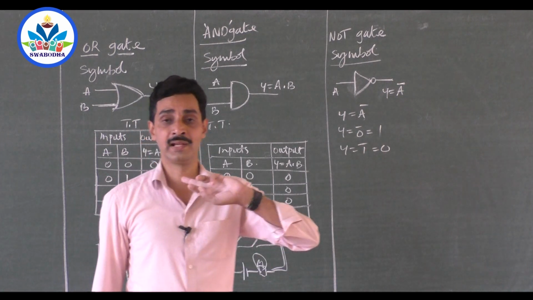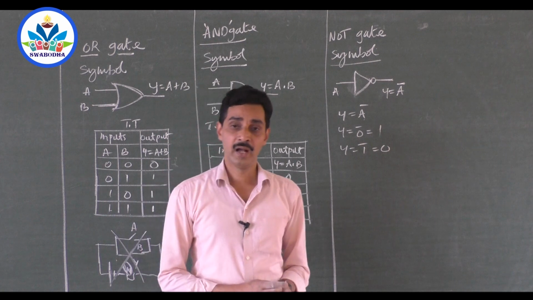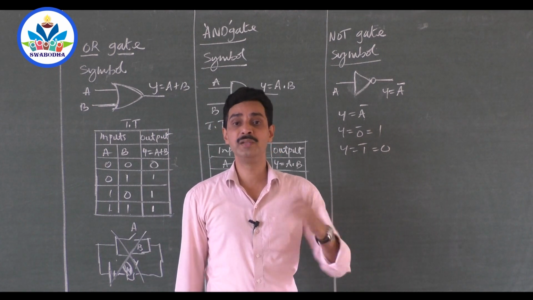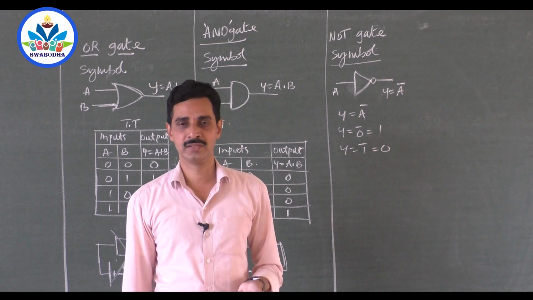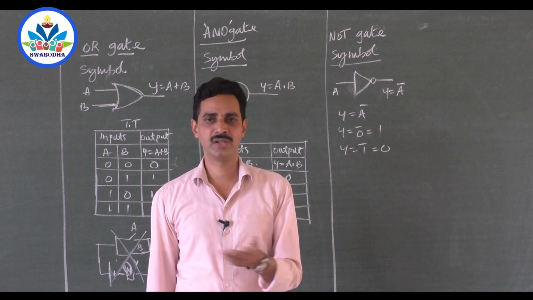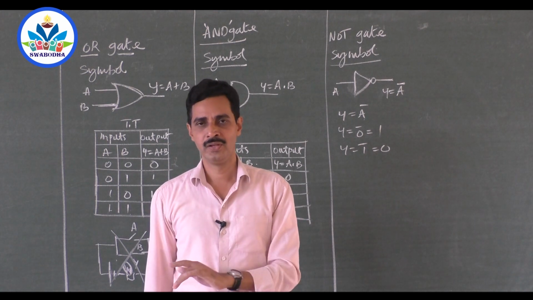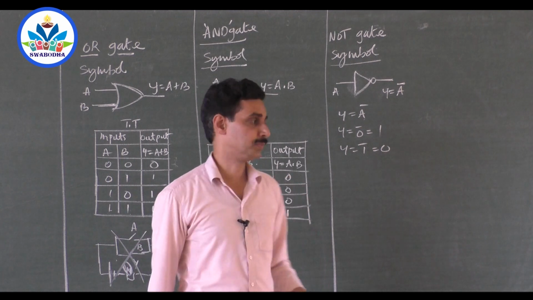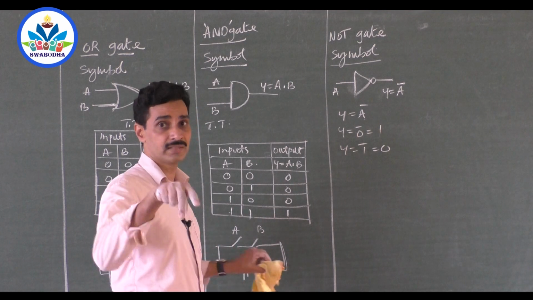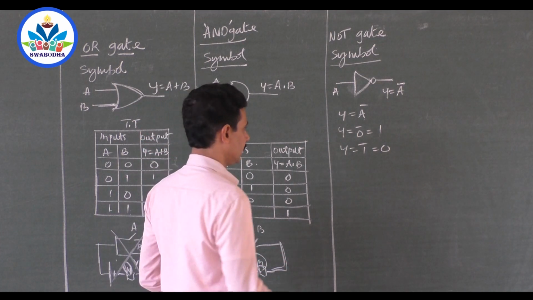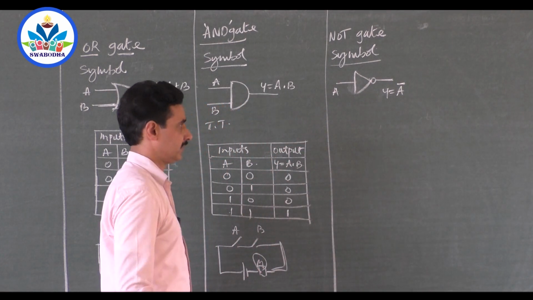Right? We use another word called complementary. What do you mean by complementary? Output is the complement of the input. It is the other one, or it is not the input. If input is 0, output is not 0, that means 1. If the input is 1, output is not 1, it is 0. It is the complement, the reverse of the input. So that is what we write. Bar means complement. That is, not that value, the other value you have to write. So Y is equal to A bar. It is a complement, a reverse.